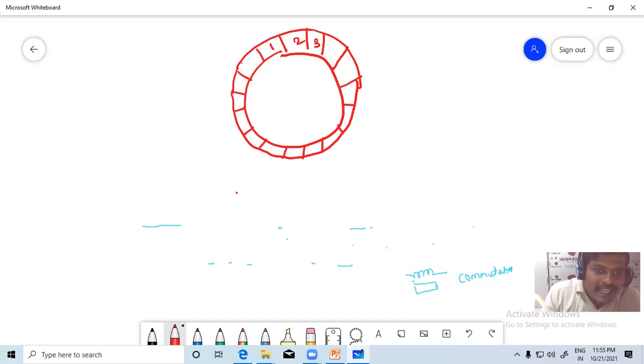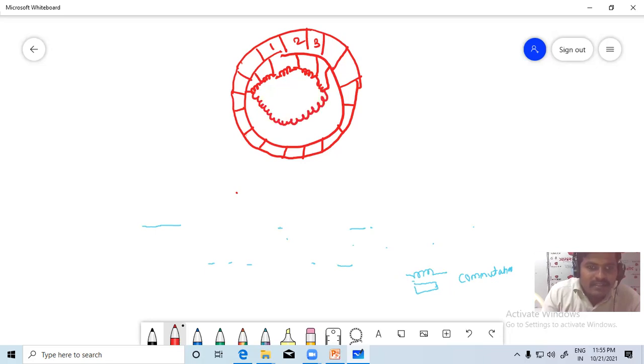Now each and every commutator segment has a coil connected to it. Suppose here it is one coil, let me consider an armature coil. This will be connected like this. Here it is a coil. Now similarly, this one is one coil. Now similarly here it is a coil. बघा, कॉइल इथून इथं कनेक्ट केले. सिमिलरली प्रत्येक कम्युटेटर सेगमेंटला कॉइल कनेक्टेड असेल. ओके, सो सिमिलरली लाइक दिस